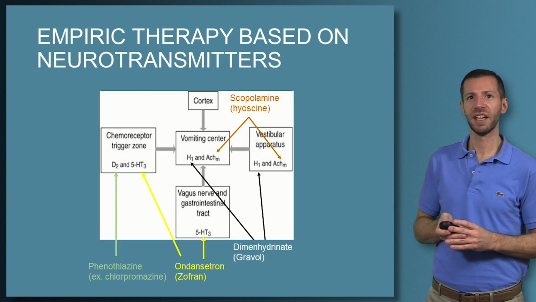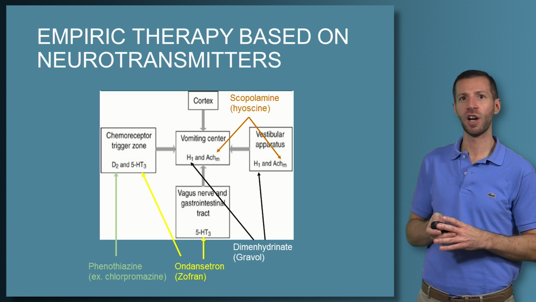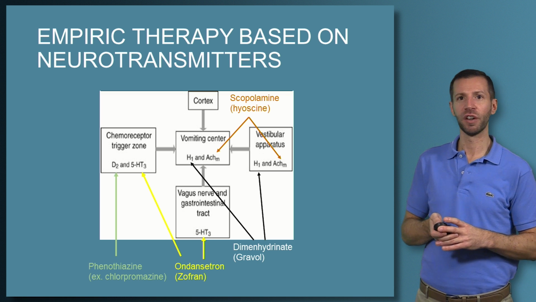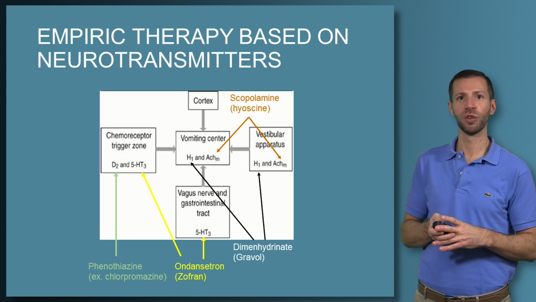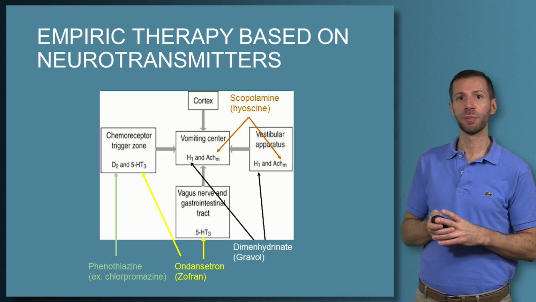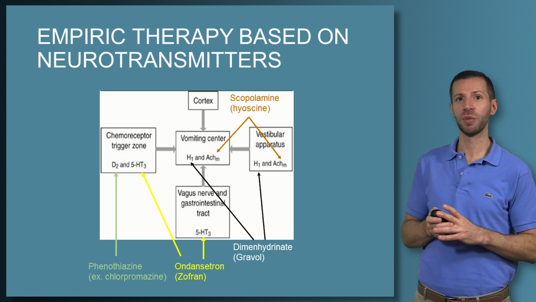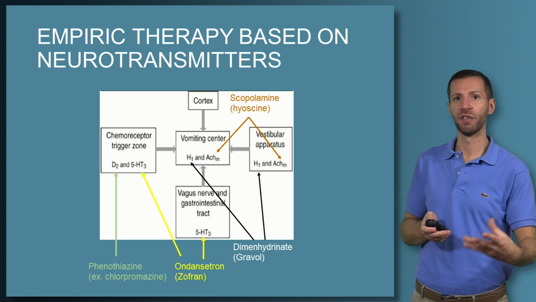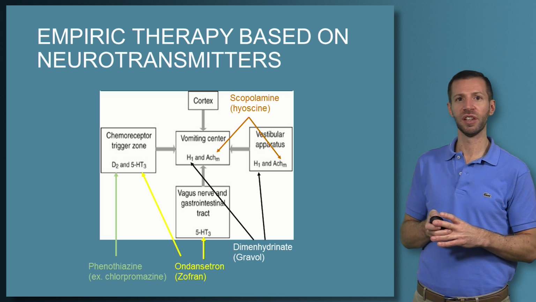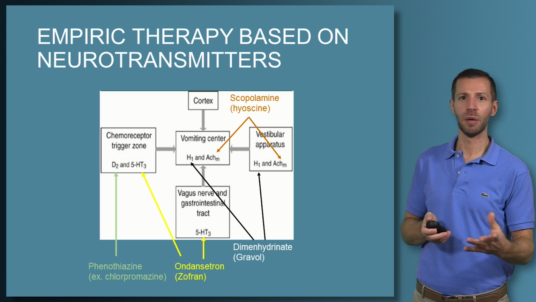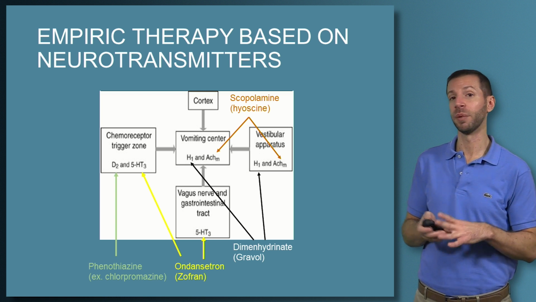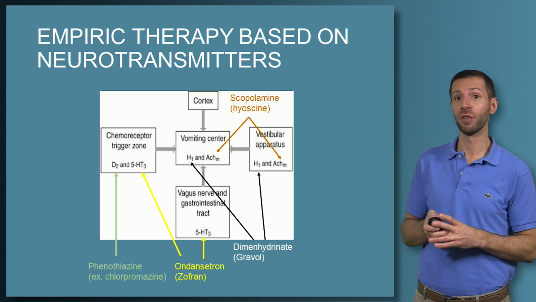So looking back at that slide where we talked about the vomiting reflex being the common pathway, and then we think about the various inputs as well. For example, if we think of the chemoreceptor trigger zone, where there's a predominance of dopamine 2 and serotonin 3 or 5-HT3 receptors, there are specific drugs that antagonize those receptors and may help vomiting if we think the origin of the vomiting is related to the chemoreceptor trigger zone. An example of dopamine 2 antagonists includes phenothiazines, an example being chlorpromazine. And for 5-HT3 or serotonin 3 receptors, there's a common drug used in chemotherapy referred to as ondansetron, the brand name being Zofran.